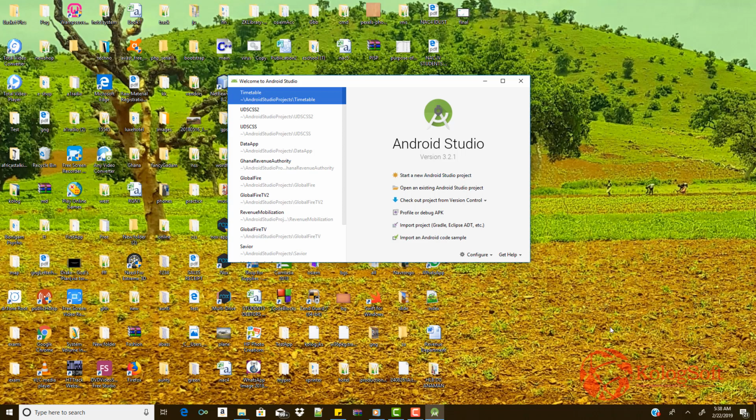Okay, so the Android Studio startup page is opened. The recent projects, or the already created projects, are at the left side, and this is a place to start a new project. So you click on Start New Project,